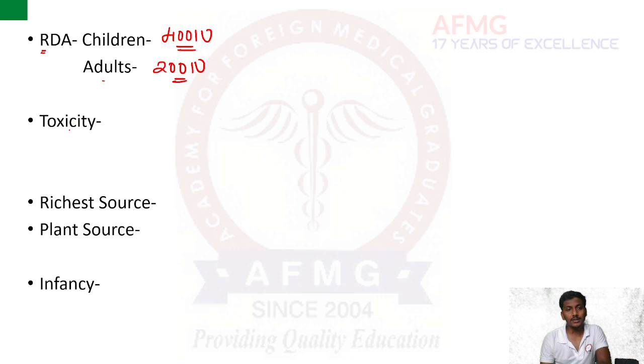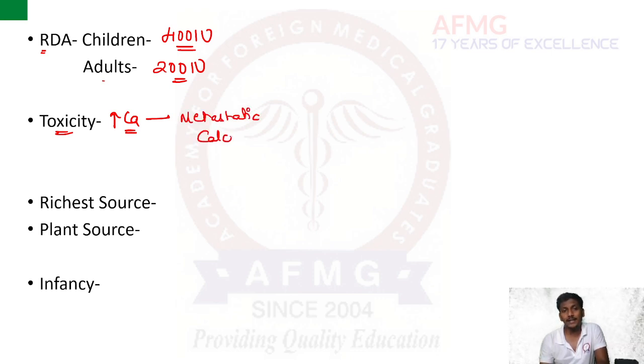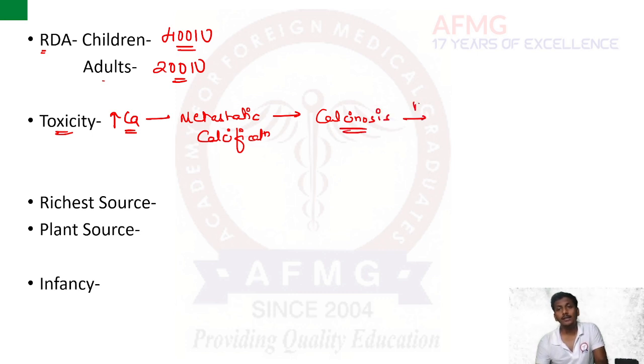Then if I talk about toxicity of vitamin D, please remember, as we know, vitamin D is known to increase serum calcium and phosphate levels. Therefore, vitamin D toxicity would usually occur if vitamin D is taken in excess, more than 50 micrograms per day or more than 5,000 international units. So here there can be an excess of calcium, and this excess calcium can deposit even in normal tissues, and this condition is known as metastatic calcification. This metastatic calcification would lead to deposition of calcium crystals even in the soft tissues and the blood vessels. This would lead to calcinosis,